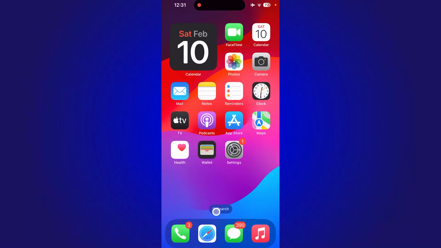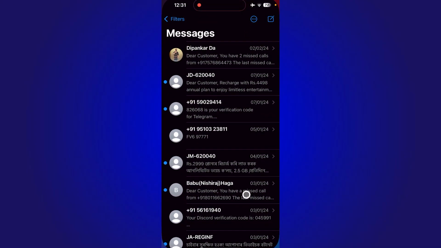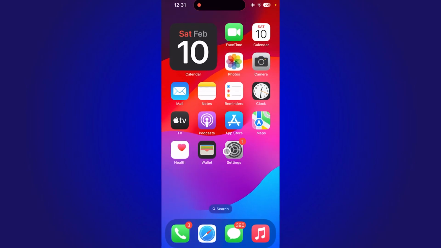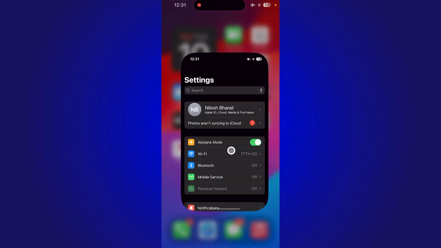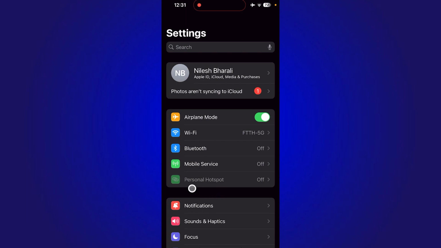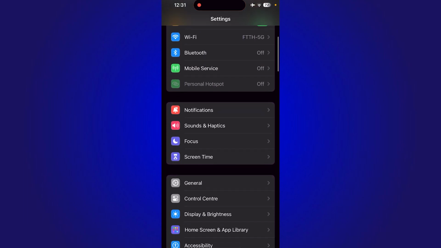Hello everyone. Today in this video I'll be showing you guys how you can make the text on your messages app bigger than the normal one. So in order to do that you need to go to the settings, and from settings you need to go